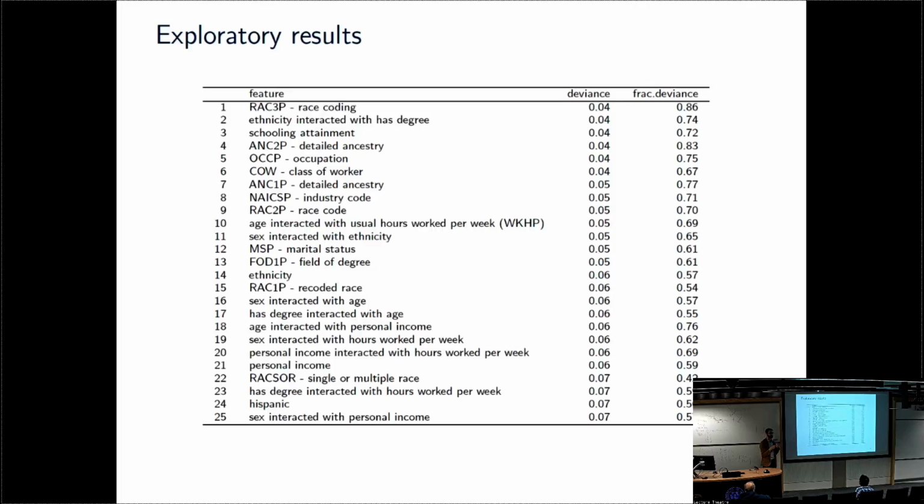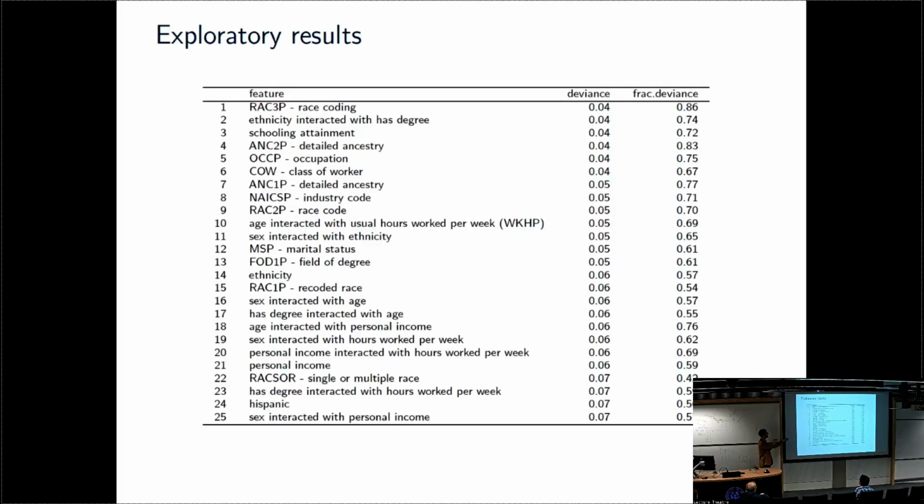Ethnicity interacted with degree. So, you know, I was saying that I cherry picked, but this is the list. I didn't cherry pick anything here. Like I went through all the variables, and then I'm showing you the top 25 out of 100 variables. So ethnicity interacted with degree. That does match the narrative that people have said in terms of explaining variation. Of course, the question is, would it also have worked for Obama in 2012? Maybe, maybe not. And there is this shift that we really, really need to go back and look at: who are the voters who shifted from Obama to Trump.